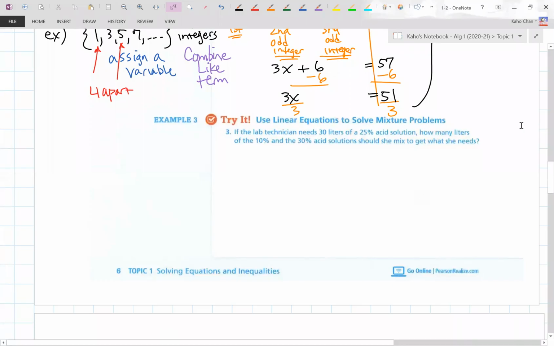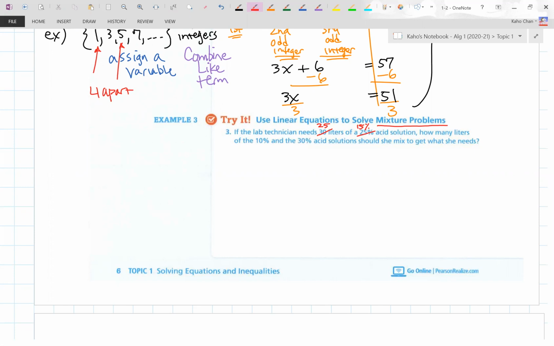Okay, let's move on to example 3. Now, these types of problems are not easy. They're called mixture problems. They are challenging. I'm going to change a couple of values on here that I would like to match up with the textbook. If the lab technician needs, let's change that 30 to 25 liters of, let's change that 25% to 15% acid solution,